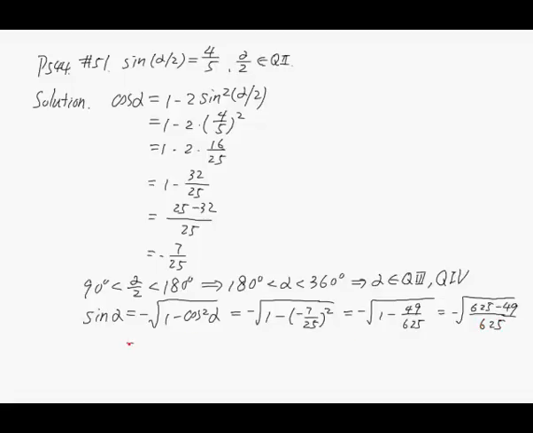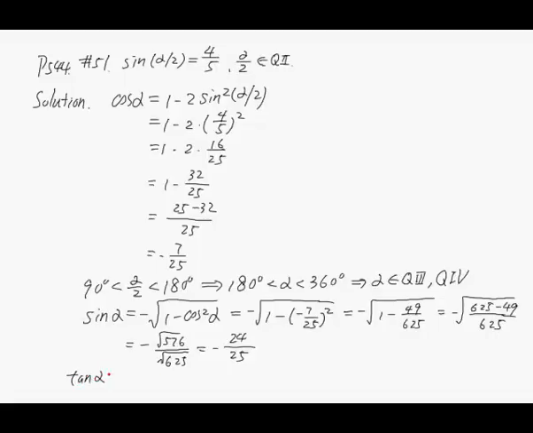Then continue to simplify. This is equal to negative square root of 576 over the square root of 625. And the square root of 576 is equal to 24, and the square root of 625 is equal to 25. So in this way, we find the sine alpha. And then we can continue to find the